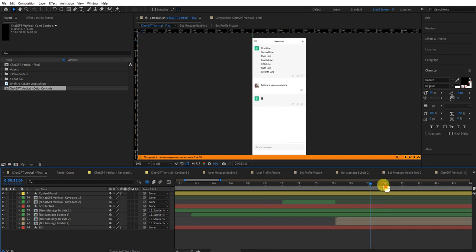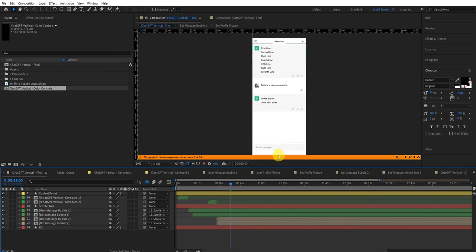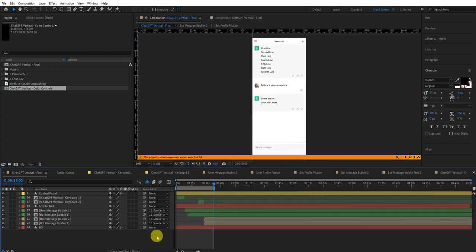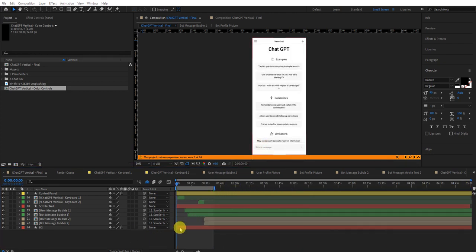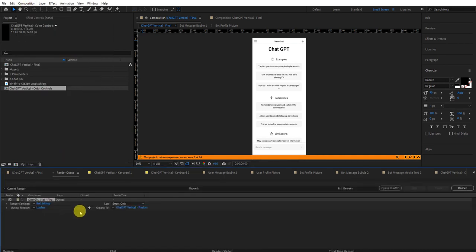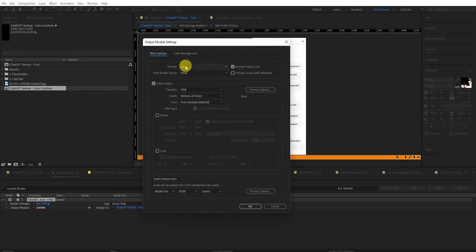So if you want to render it, what you can do is you have to set the work area. So we have animation till around 38 seconds. So let's set the work area for 38 seconds. So now we can render the project file. Go to the composition menu, add to render queue, and click on lossless. If you're using the latest After Effects, you will see best settings right here. Click on the lossless or best settings and choose the format